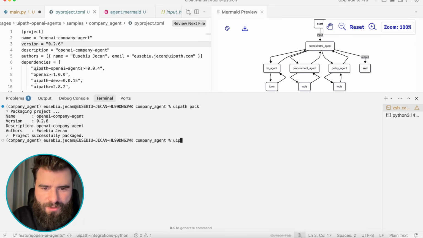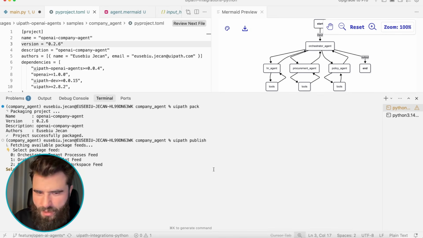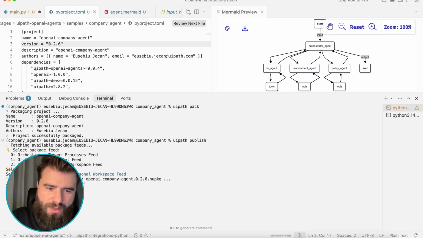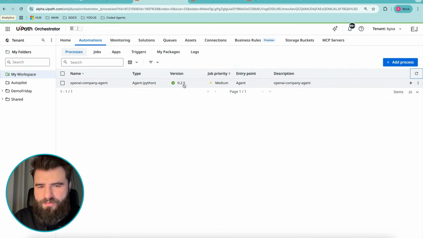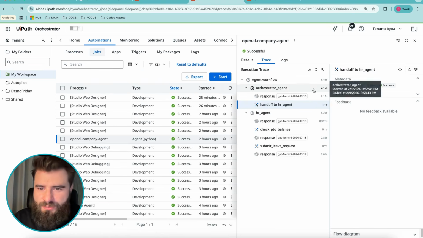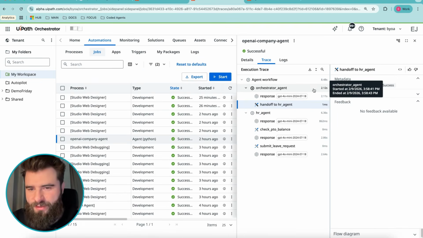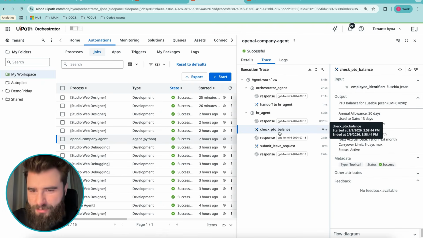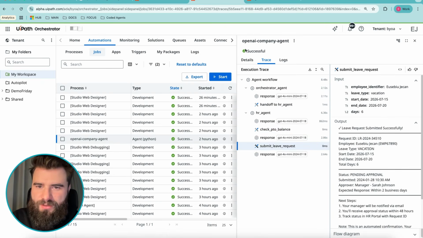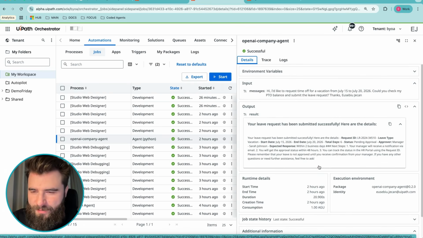and once I have the package, I will publish it. This time, I will choose my personal feed, and once that is ready, I will switch to the orchestrator view. The previous version was 2.5, and now I have a new version. And this would be a successful run with the same input of requesting a few PTO days, and I can see the handoffs to the HR agent, checking the PTO balance, and submitting the leave request, and finally